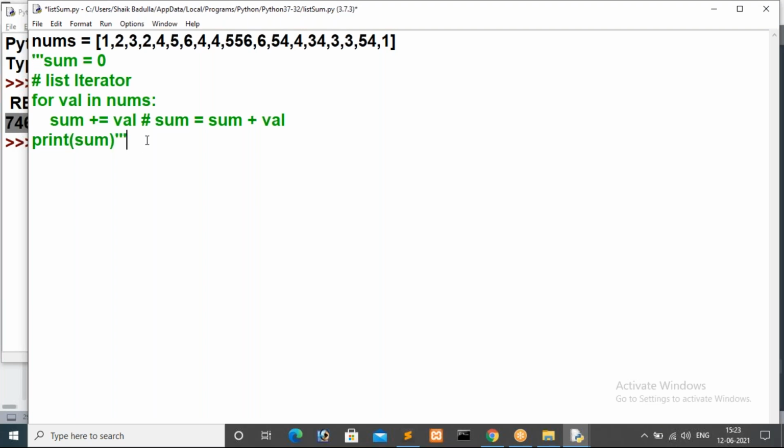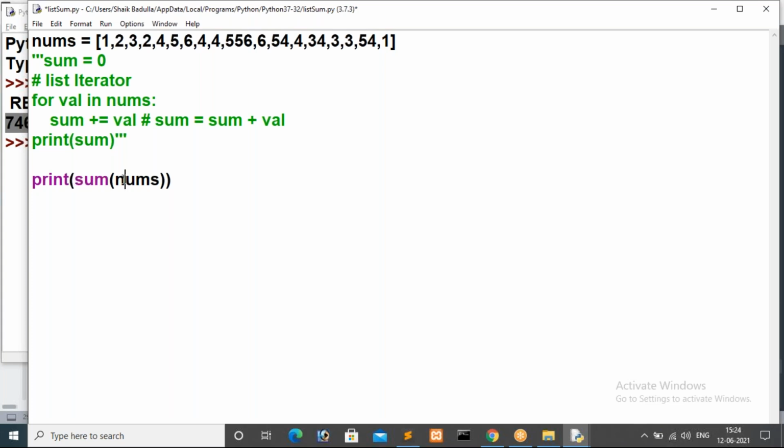So instead of writing this, to perform sum of a list, we have a default function with us, that is sum of. So what is the list variable here? Nums, right? Nums we have. So it's just sum of nums, that is the default function. Sum is the default function.